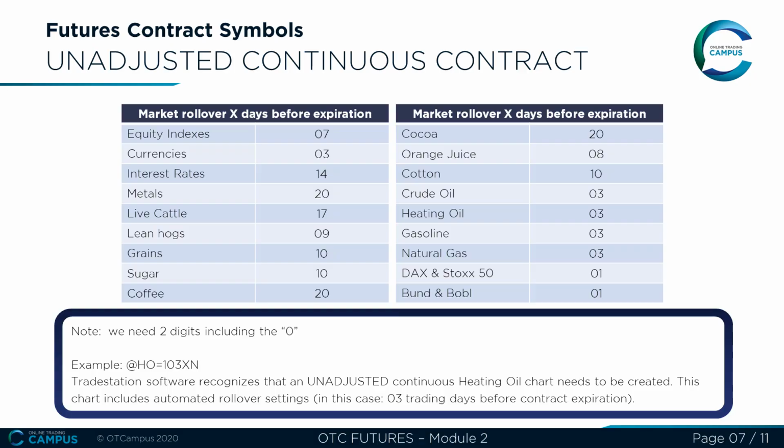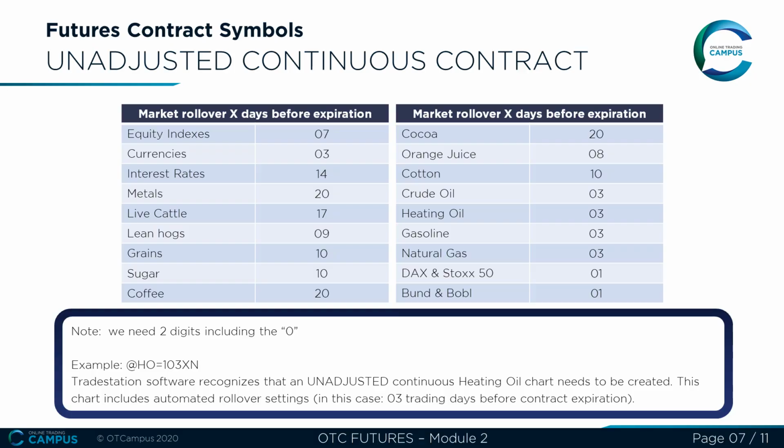What numbers do you use on each individual future symbol? So for the equity indices you use 0.7, for currencies you use 0.3, for interest rates you use 1.4, for metals you use 2.0, for live cattle you use 1.7, for lean hogs you use 0.9, for grains you use 1.0, for sugar you use 1.0, for coffee you use 2.0, for cocoa you use 2.0, for orange juice you